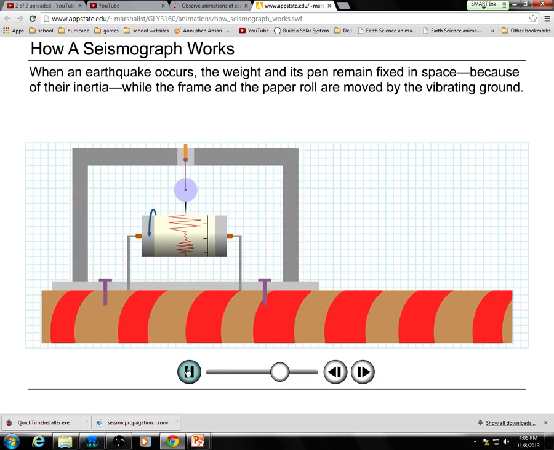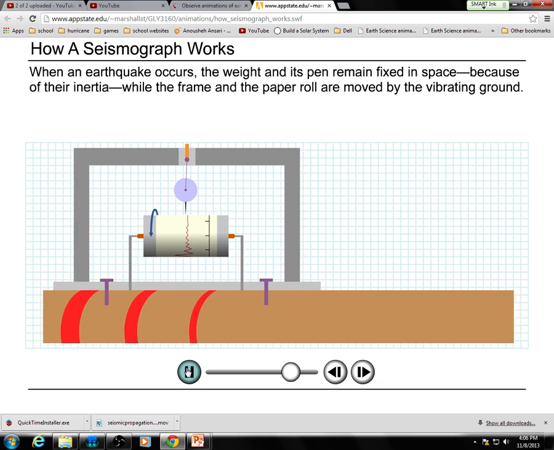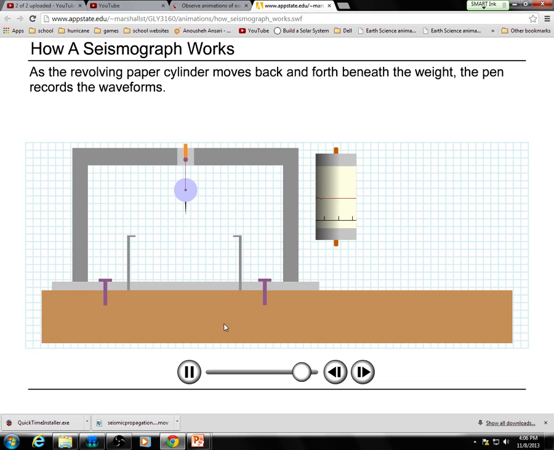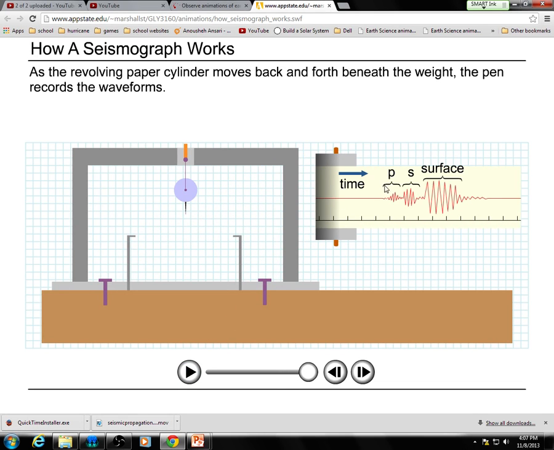But what you notice is when those earthquake waves hit, with the seismic waves, you see them right here. P waves are the first one to arrive because they're fastest. S waves are the second to arrive because they're slower. And then we're going to get to the surface waves next. But the surface waves are the slowest. They're always after the S waves even. So we're going to be seeing that next.